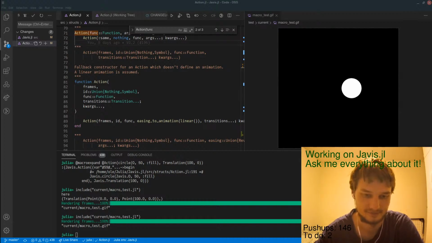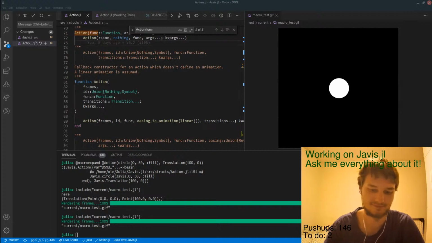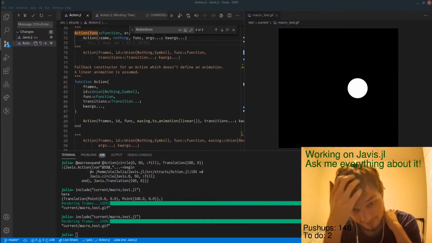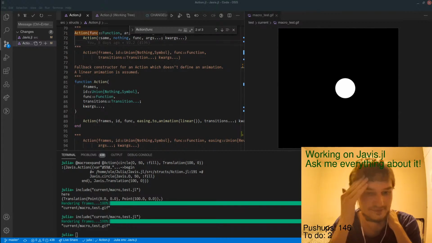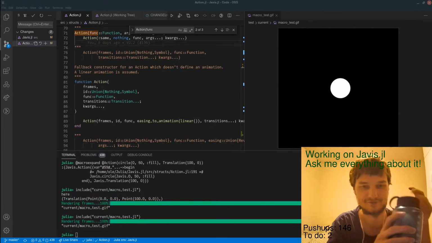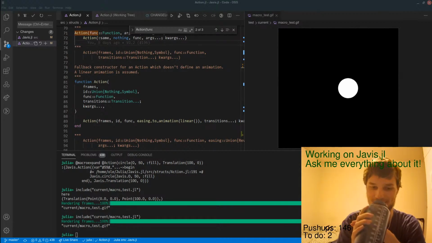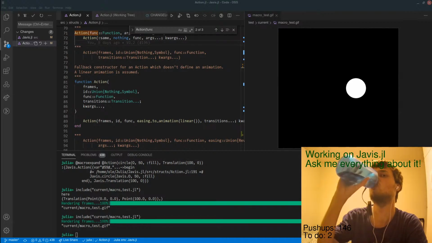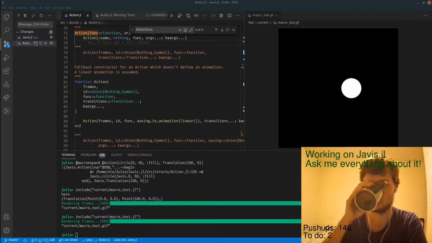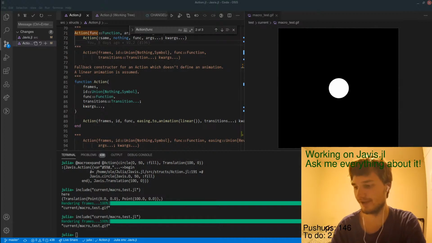Okay, so it seems like they can't have keyword arguments, limitations of macros, because I don't understand macros. Okay, but maybe, okay, let's try something.